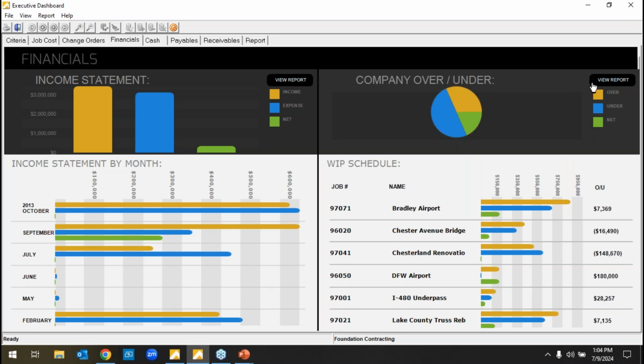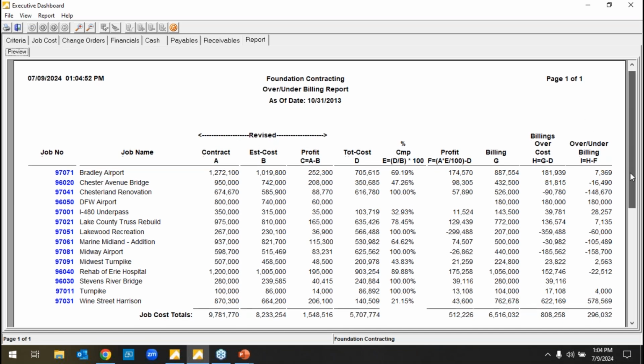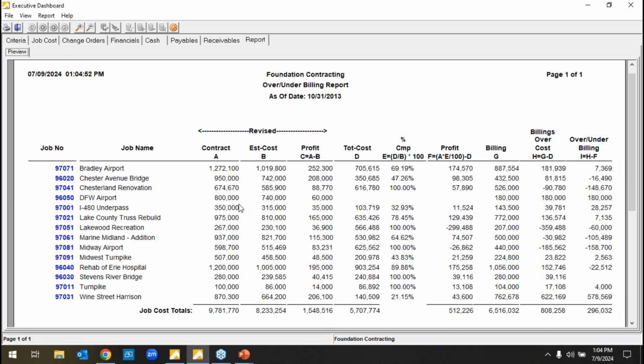So it starts off with a pie chart. I'm just going to bypass it just to get into the traditional view of it. Now, I'll elaborate on some key points as far as jobs that show up, where these numbers come from. Now, for people that use Foundation, even if they didn't know this was here, which they do, it's ready to